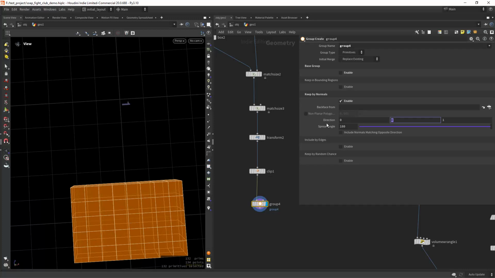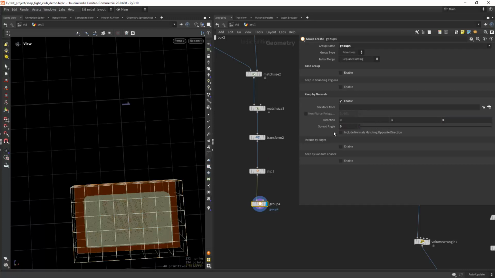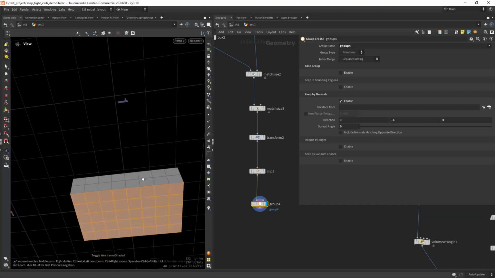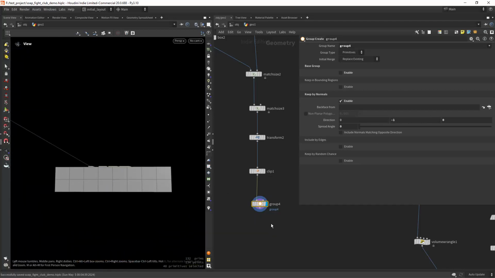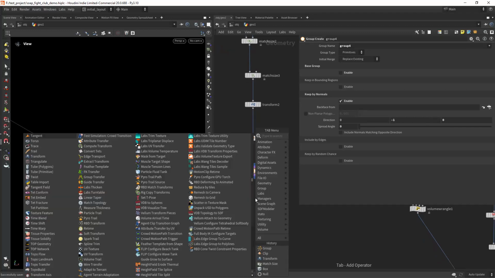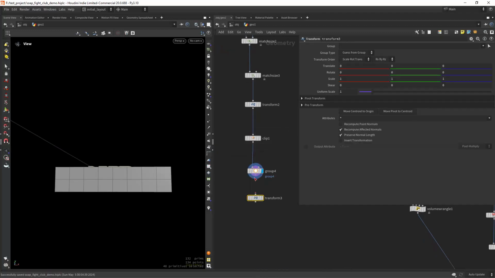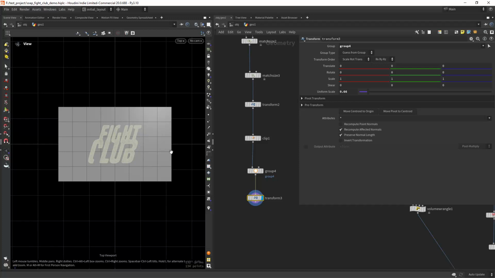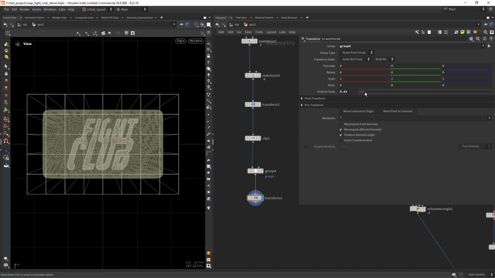So binormals 1, 0, and let's do -1. We will group these bottom primitives, and let's again transform it, and we will transform the group 4, and as you can see, if we transform it